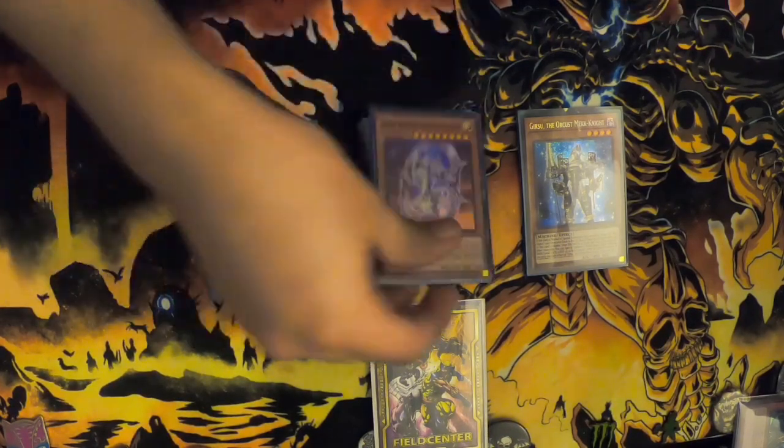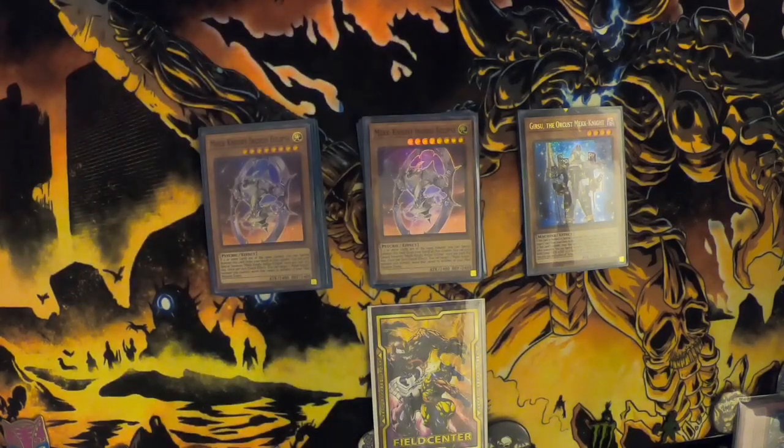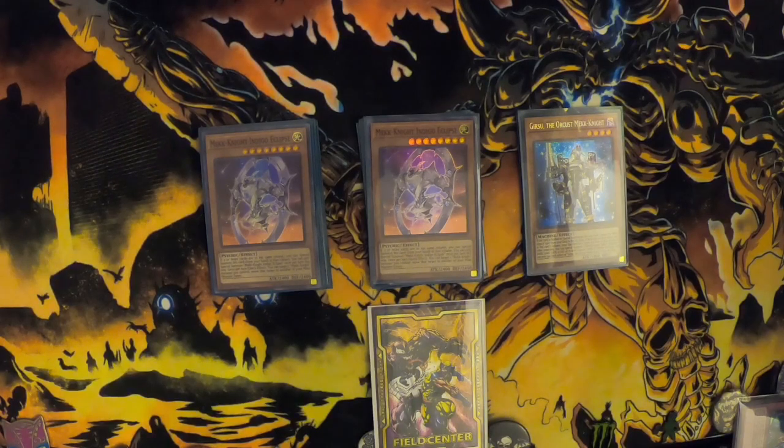Moving on, we are playing 2 of the Mekk-Knight Moveboy. This is what helps you maintain game state and negate monster effects. This is the MVP. It's not necessarily the most powerful or the best effect, but he's what helps the strategy maintain its field presence. If you don't know what he does, he can target any Mekk-Knight and move it to a different zone in